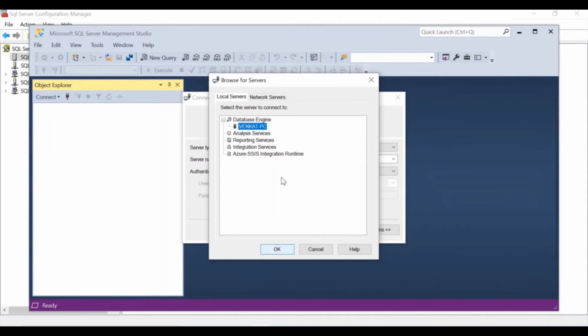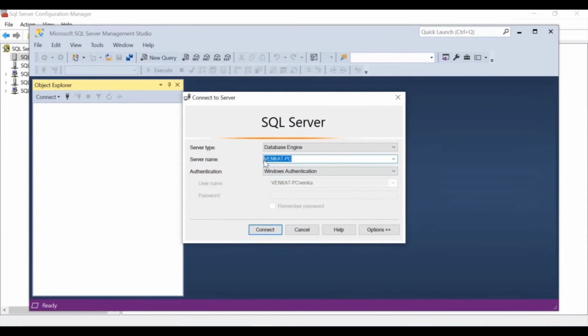Let's select this and click on OK, Venkat-PC. This is my SQL Server name. If you have a second installation, then you compulsorily need to give a unique name, Venkat-PC slash the name of the instance. Then you need to click on connect. This is the second way of doing that. The third way is, since I was telling you I did a default installation alone till now, if you have multiple instances, like a default installation plus another installation, then